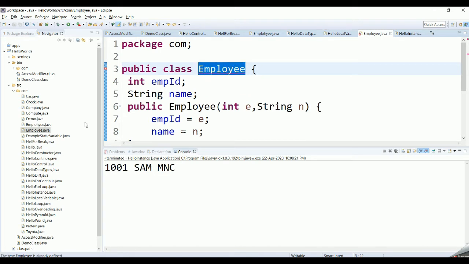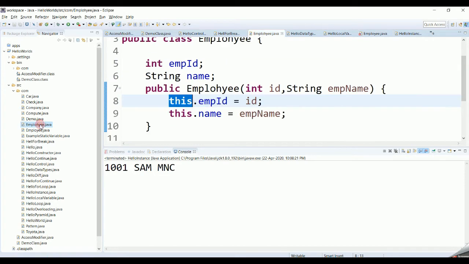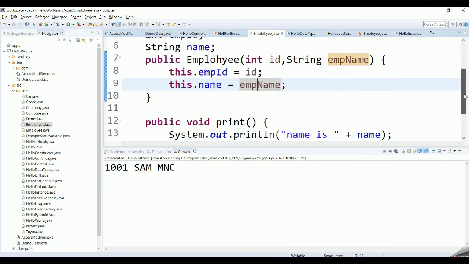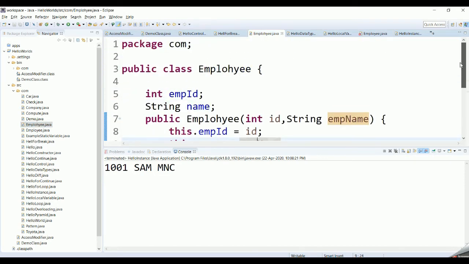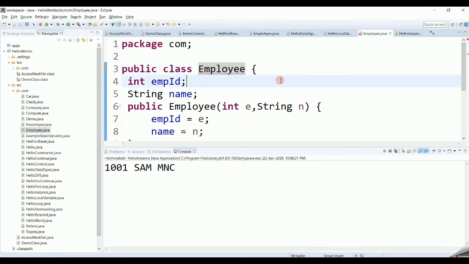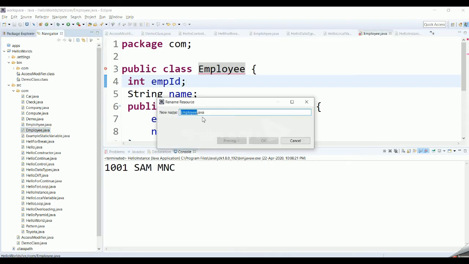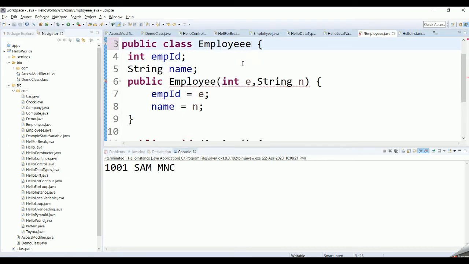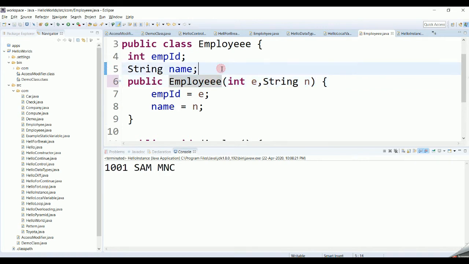I think it is trying to point to another class, because here is where we used employee and this is employee. Let me try to change the name of the class to triple E, and let's use triple E over here, and let the constructor also use the same. Okay, now it is solved.